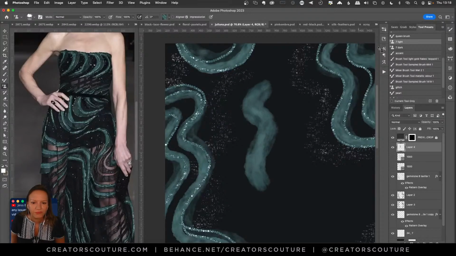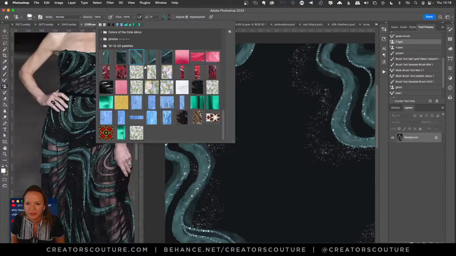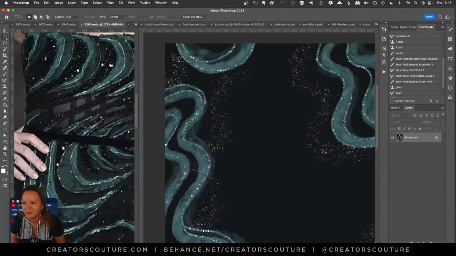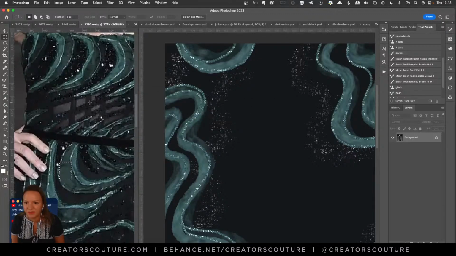Okay, so for this one, for these watercolory strokes, I used Modern Impressionist brush number 7, and I sampled colors. I squeezed in here real tight and sampled colors from this dress. I went over here and got the light colors, and then I went over here and got the dark colors, and went to Edit, Define Pattern to create my multicolor blends, because they're not just one color.